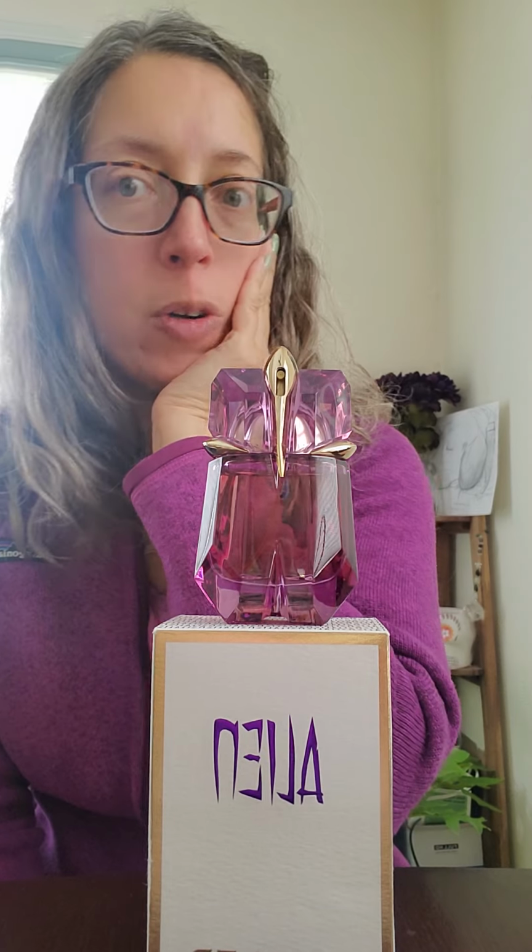This is my little second bottle. I only buy the 1 ounce bottles because look how cute it is. It's just the cutest little bottle ever. Everyone knows Alien. It is, again, another honestly kind of oddball. I think enough people have smelt it that people have become used to the way the jasmine in this fragrance smells, but it's almost bordering on synthetic, but huge jasmine, huge amber, a little bit on the sweeter side, lots